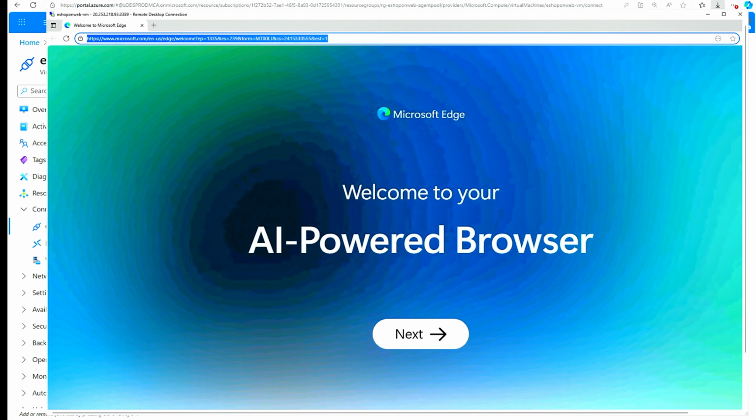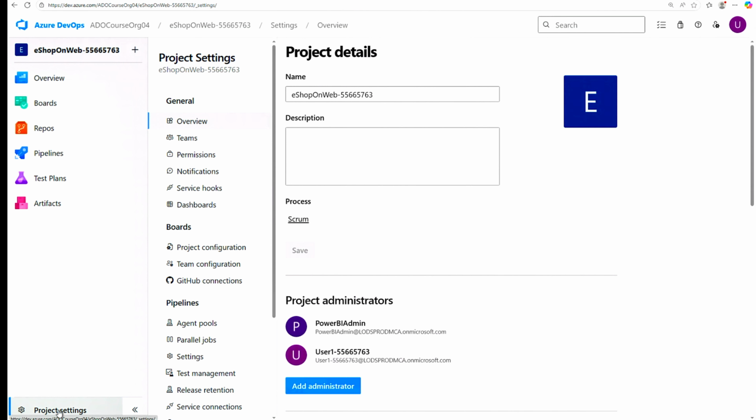So here I have logged in. Click on project settings